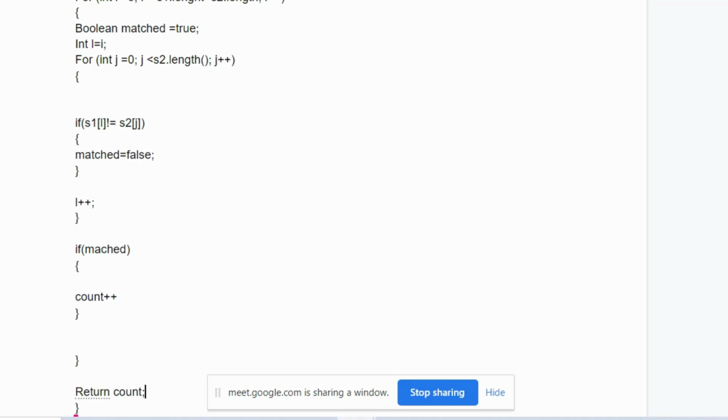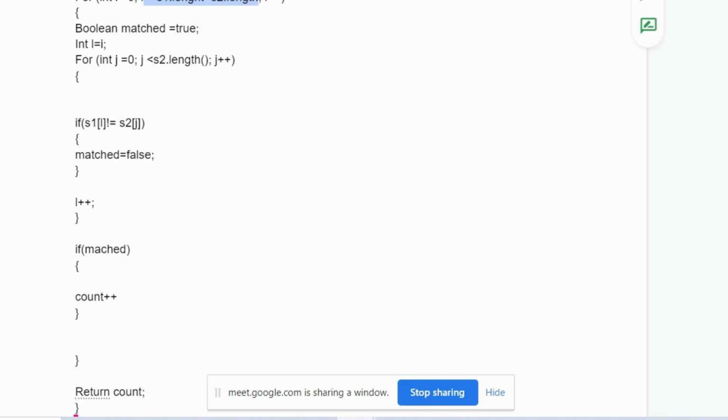I have tried this by putting n minus first length, but it gives an array out of bound exception. In the first for loop, only half of the loop will go further, that I thought of. But I guess if you are running your first loop only up to S1 length minus S2 length, then you won't be able to find the correct solution, right? Because you are not comparing the last elements.